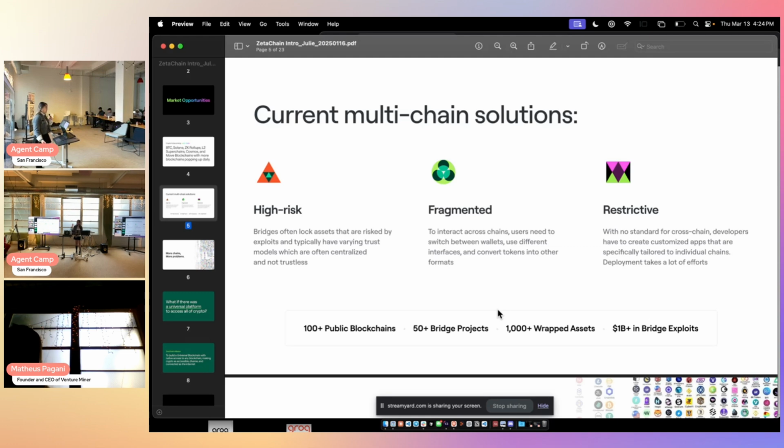It's also very restrictive if you're a developer who wants to go cross-chain. If you develop on, let's say, Base, and now you want to move to Polygon, or to Solana, you need to write other code or use another smart contract. So the deployment takes a lot of effort. And also we have too many L1s and L2s.